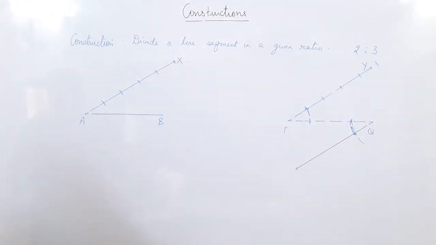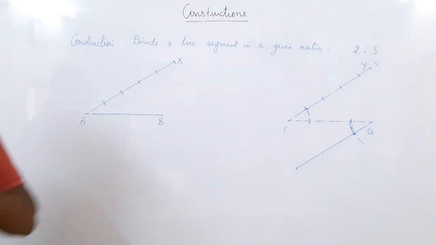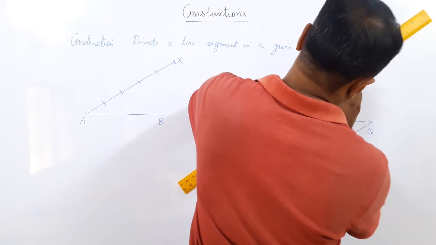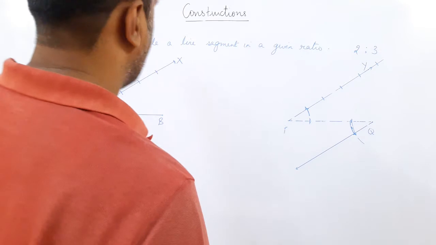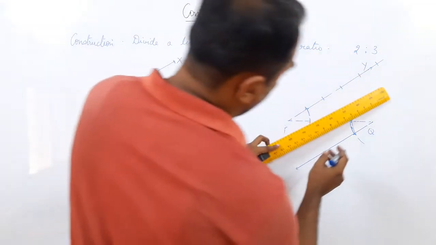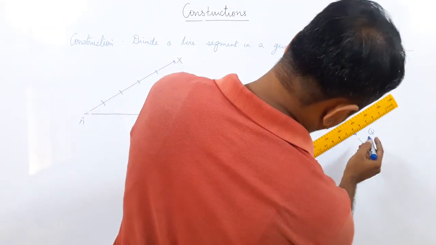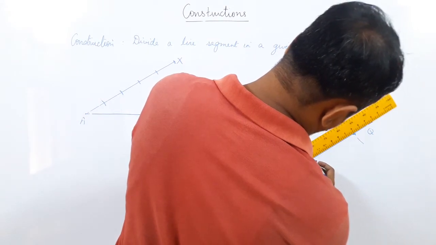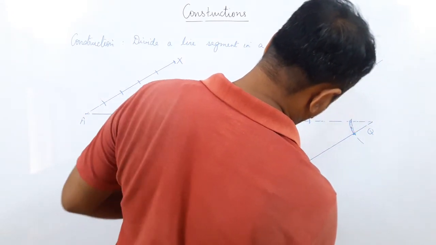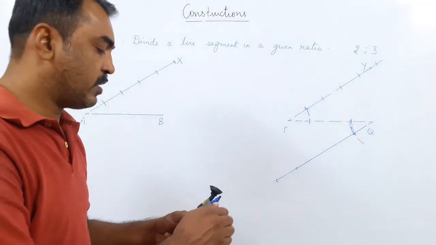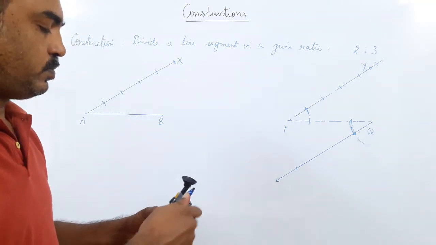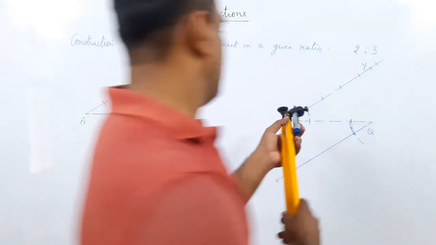Okay? So have you followed what I have done here? So this is to be done. I'll have to extend this line because 5 is getting extra. So we got 5 parts. Now see the difference in the method. Okay, now you understand the difference in the method. Why I have taken two separate methods, and you can choose the method of your choice. Okay, whichever method, you did this 5.